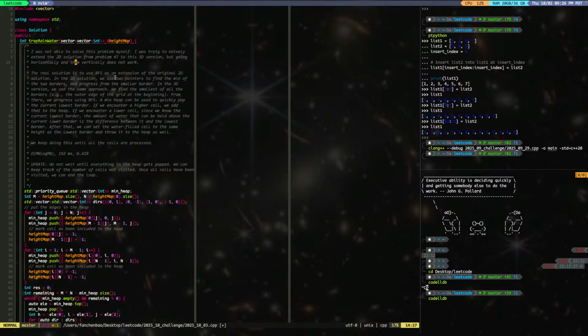The 2D solution was 2 pointers to find the minimum of the 2 borders and progress from the smaller border. So basically, if I remember, the 2D solution is you have both sides, right? And then you find a smaller side. And because it's a smaller side,